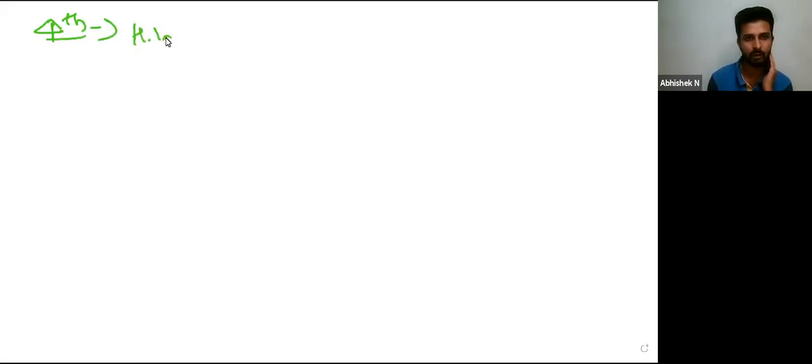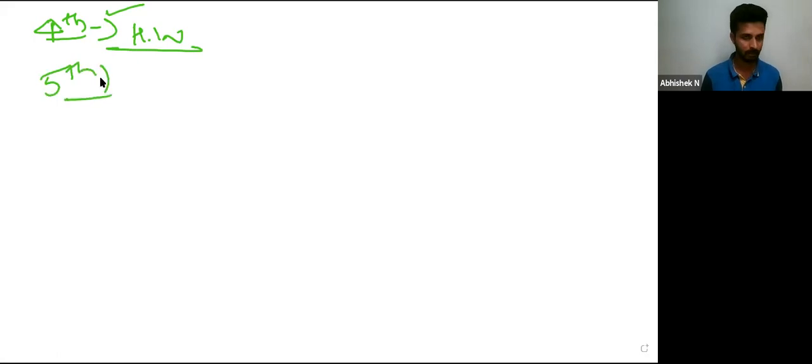In the exercise, the fourth problem is homework for you. I'll do a similar kind of problem here, numerically. You can look at that carefully, and you can do the same thing on the fourth problem. I'll do the fifth problem. The fifth problem is very similar to the fourth problem.